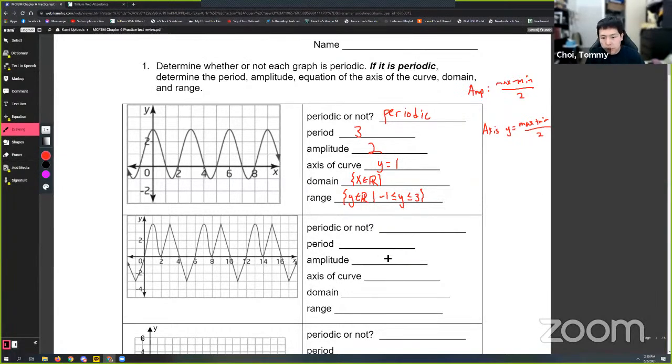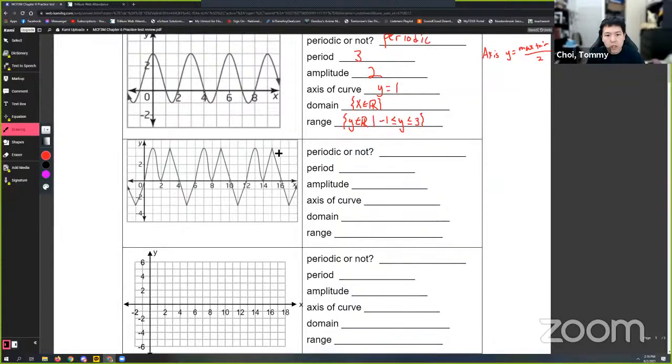That being said, next part here, is this periodic or not? This is also, yes, it is periodic. It repeats. There's a pattern over and over again. What is the period here? So I'm just going to pick a random spot. So I'm going to pick a point here. So I'm looking for a kind of like a V, right? After this, so there's going to be a curve and then an upwards triangle and then a V. So I keep going until I see that,